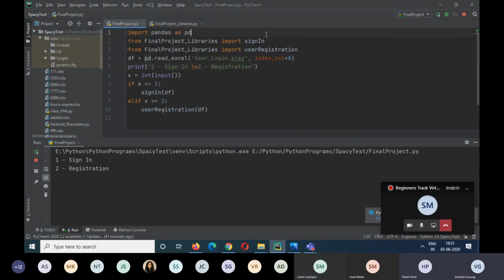This is my main project in which I'm calling a function. I've not made use of classes, but I can do that as well. When the user logs in, I'm checking if it is one, sign in, or two, registration. If he wants to do a sign in, I select one, enter name,